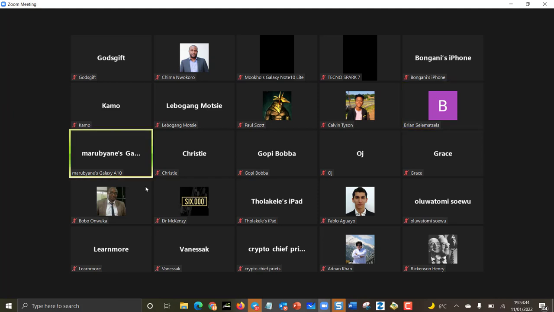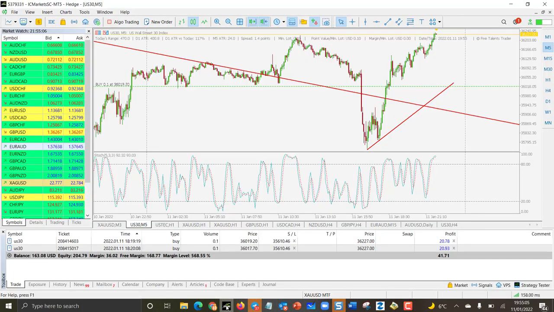I would like to ask you about the stochastic indicator. Between the two lines, the blue one and the red one, the D line and the K line, in order to get the confirmation of the divergence, which line are we drawing on top of? Is it the red line or the blue line to get the right divergence? All right. So you're not drawing any line on a stochastic.